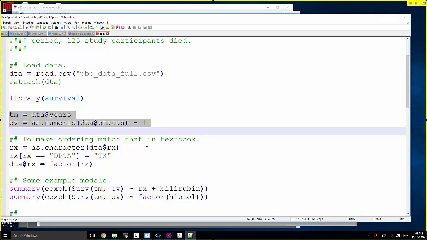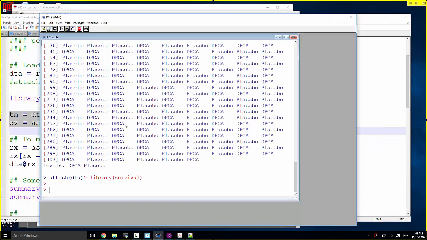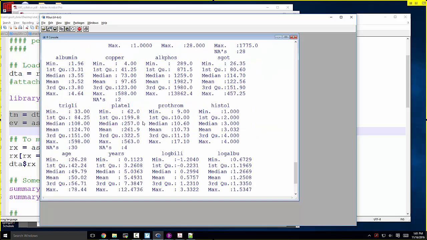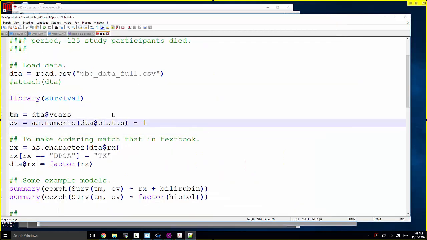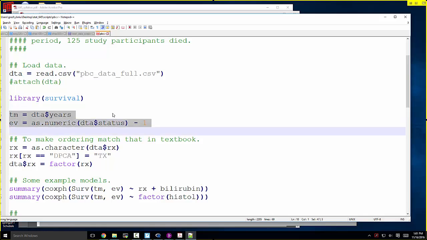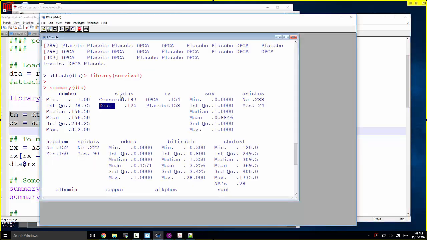And if we look at the data, status is coded as censored or dead. We've been used to seeing zeros and ones, 0 for censored, 1 for dead. So I'm going to make that into the familiar coding. I'm going to say, first off, TM is the survival time. And then EV, if you do as.numeric of status, it's going to